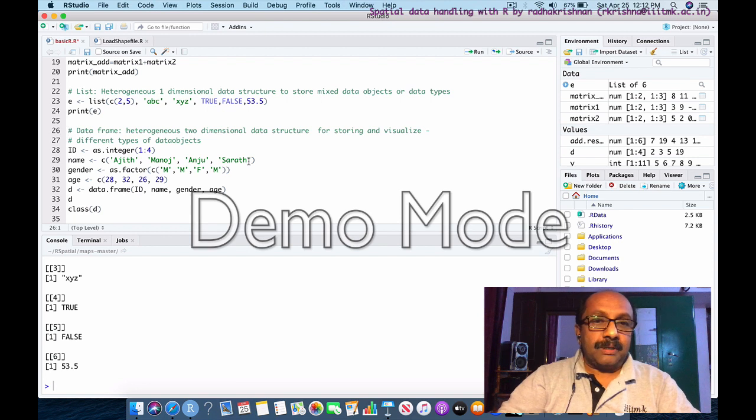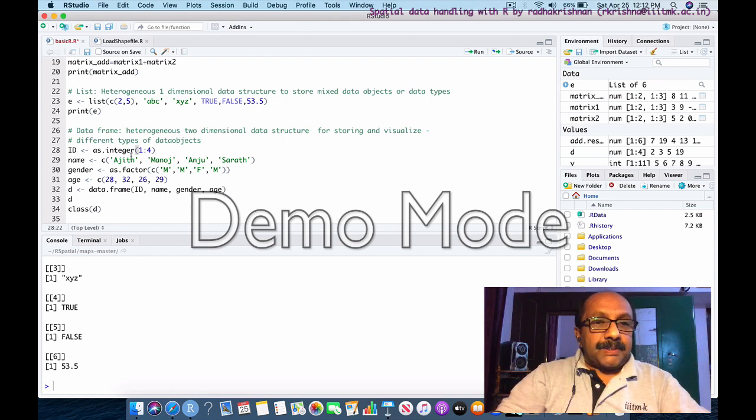Now the most important data type is the data frame, which we will be using quite often. It will store the data not only in rows and columns but with column names, just the way we use spreadsheets. We know that for various earth science and environmental science analysis, we will be collecting data from the field. So if it has a spreadsheet type of data, it can be stored as a data frame in R.